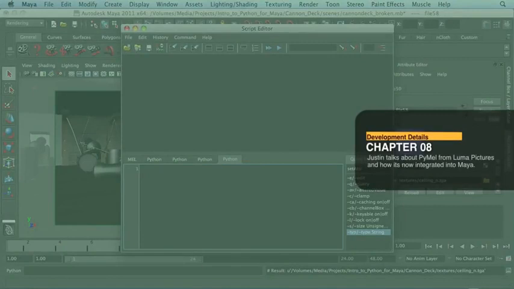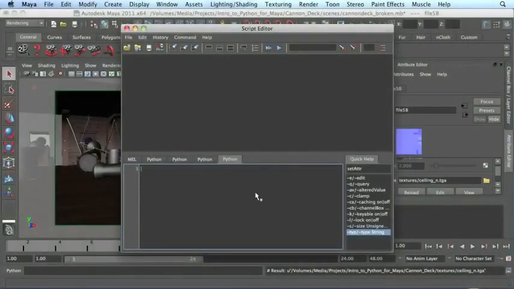In this chapter, I want to get a little more in depth about development in Maya, some details about what's available to you. And I know I talked a little bit about